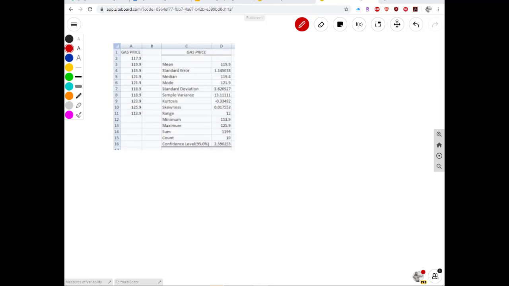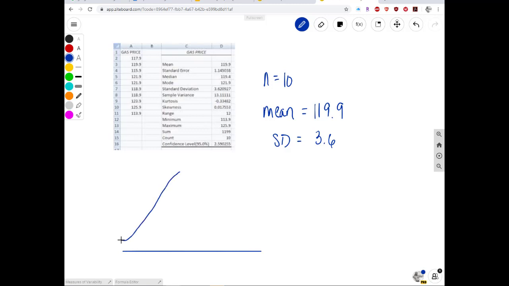This last example, I'm going to go ahead and just do a little sample of using statistical output to calculate z-scores. Okay, so this is some gas price data. My count is 10. My mean is 119.9. And my standard deviation, I'm just going to say is 3.6. Okay. So if I wanted to calculate z-scores,